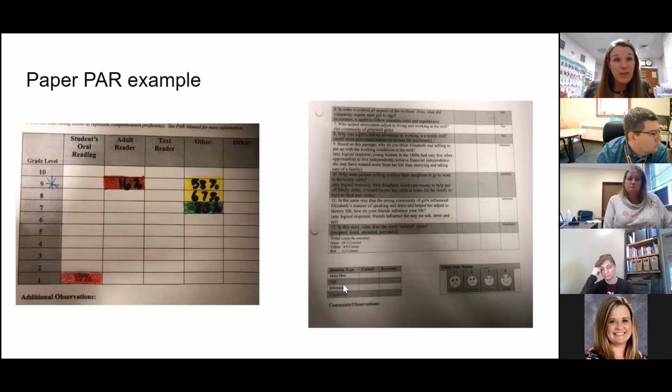So this is a comprehension issue or a comprehension concern that we need to work on. We need to work on helping this kid identify vocabulary, or this kiddo cannot identify the main idea. They did okay on some of the other parts, but this is a struggle for them. So